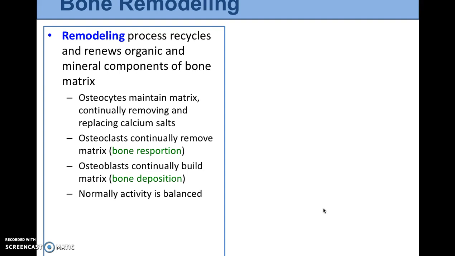If you have low blood calcium levels, that basically means that calcium from your bones, from the calcium phosphate apatite matrix, will need to be broken down and released back into the bloodstream. If blood calcium levels are high and/or there are additional stresses, and I use the term mechanical stress, so things like pressure, weight, the forces and rigors of exercise placed on the bone,